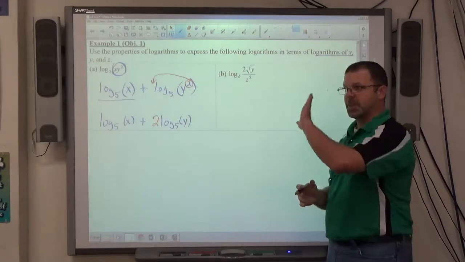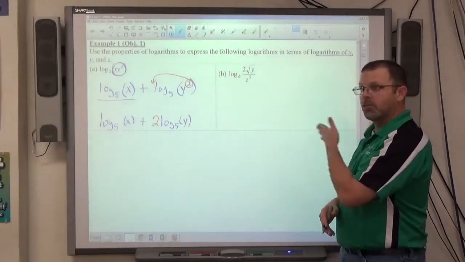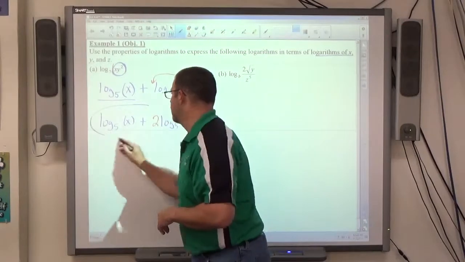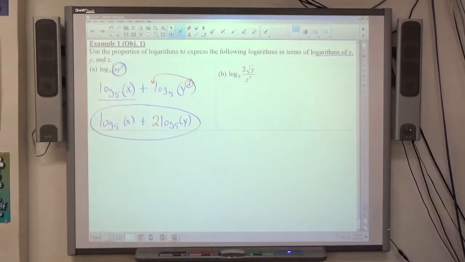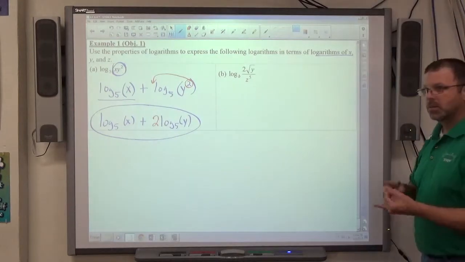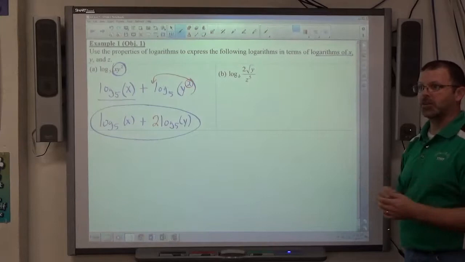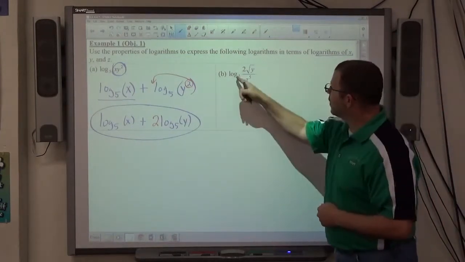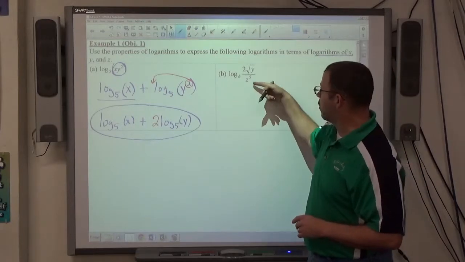Okay, so I've expressed that logarithm in terms of log of x, log of y. All right, and that is what they're looking for in this example, and the problems of that variety in the homework. Use the product rule, quotient rule first, then pull the powers out second, and then circle your answer. All right. This one here, if you don't have powers written, obviously this is a quotient,